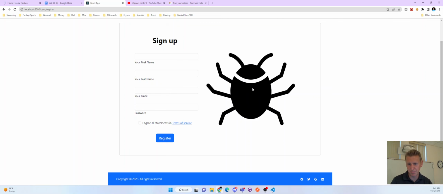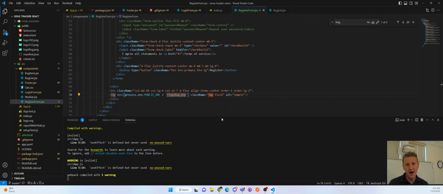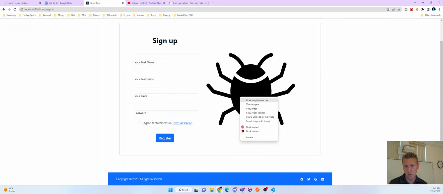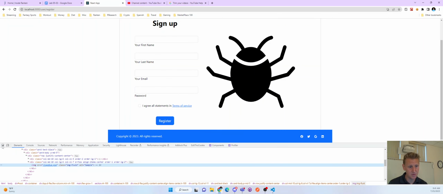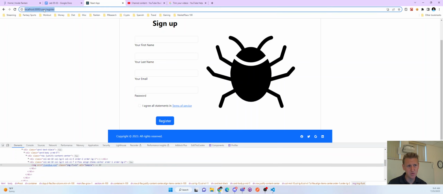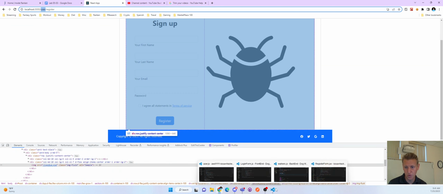This image wasn't pulling up, so I put a forward slash here on my image tag, and that ultimately got my relative link to go to localhost forward slash logobug.png, instead of the user directory prefix, which was not correct. So basically it goes to the root